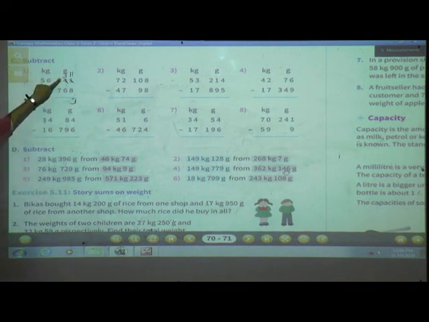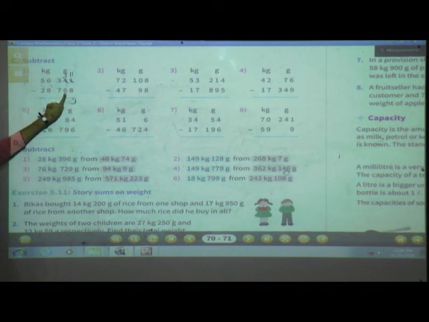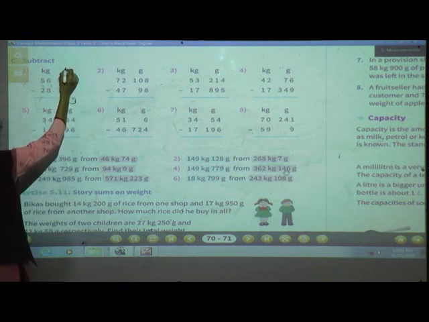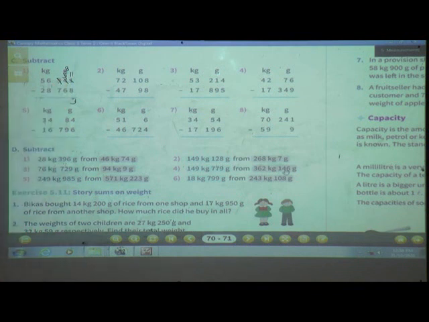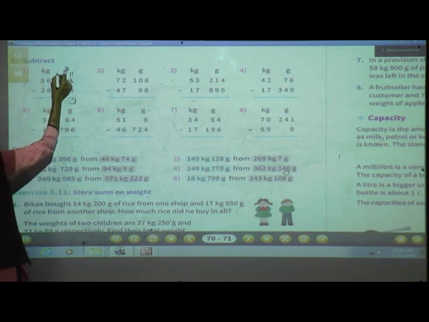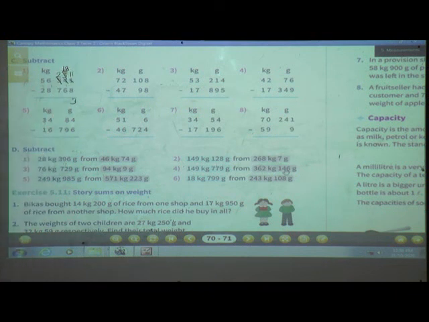Now see this column, 3 minus 6. Again 3 is smaller than 6, so here also 3 minus 6 we can't do. So what we will do? We will cut this 3, write as it is. Then we will move to the neighbor. Here neighbor is having 3. So we will take one borrow from the neighbor. So 3 minus 1, here 2 will remain and this 3 will become 13.